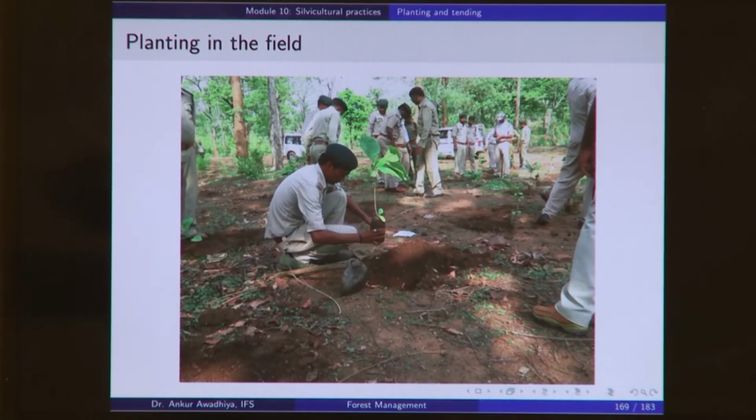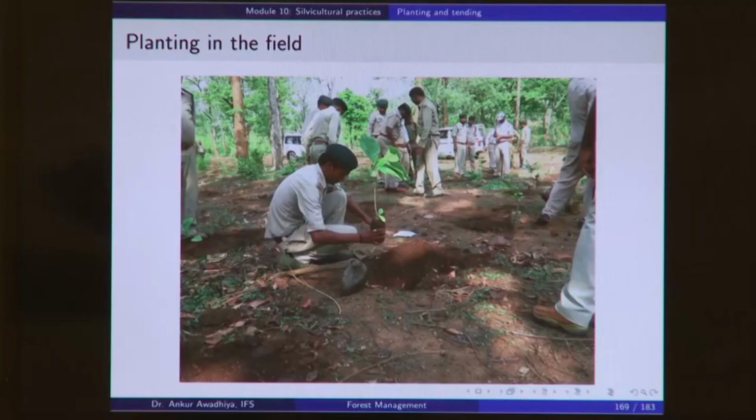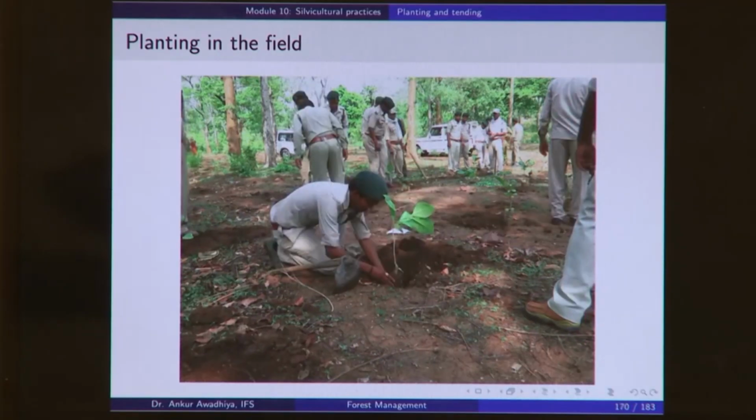and that you do not expose its roots to the air, because suppose this is the plant, and if in place of holding it like this, you hold it like this, then it is possible that the soil will fall down, and if that happens the roots get exposed and we do not want that. Now, once you have removed the polythene bag, the next step is to put the plant